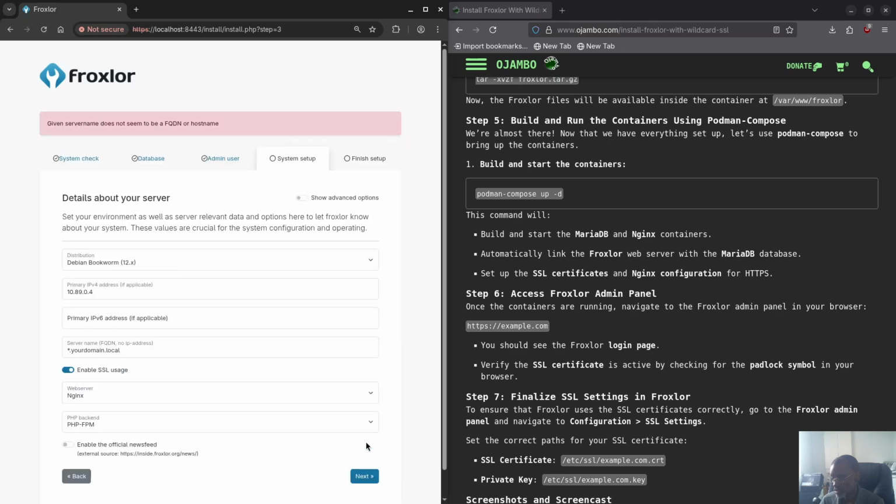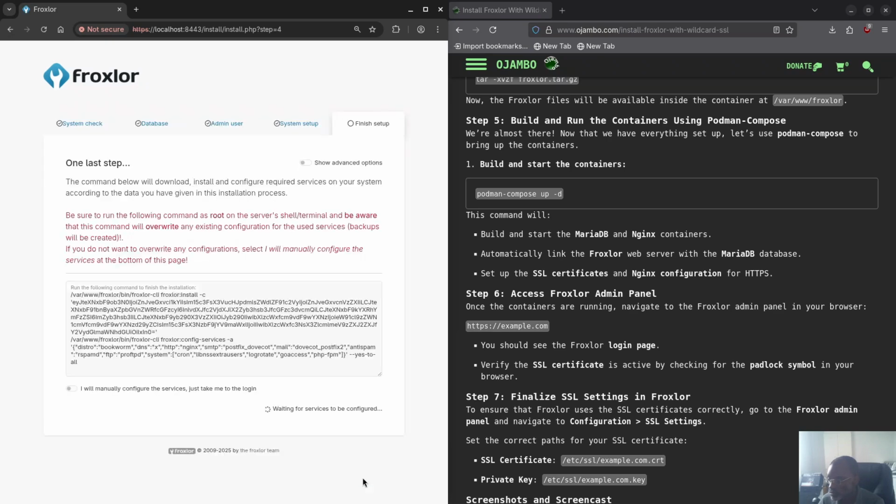Okay, so I click next. Yeah, I was right. It wants a real one, so I'll just remove that one there and just have www. Okay. All right, and then it says here that there's one more step. So it wants you to go into here and manually